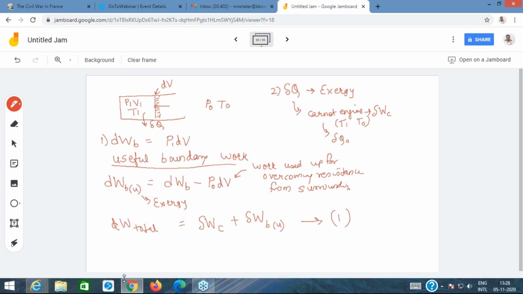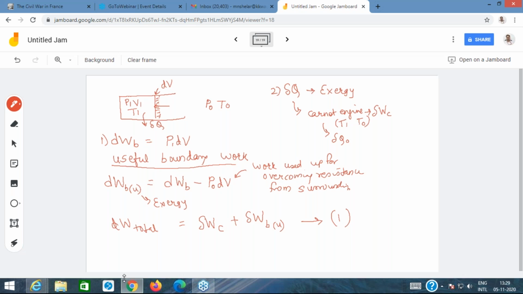Are you getting this? For calculating the exergy, we are considering a small heat transfer del Q, and we are considering expansion dV. During this small expansion dV, we are calculating the useful boundary work, which is the boundary work minus P naught dV, the work used up for overcoming the resistance from the surroundings, or net work. We are adding this to the exergy of this heat,